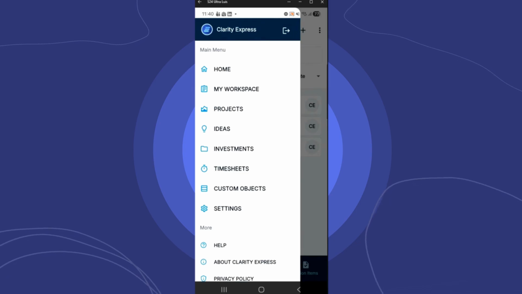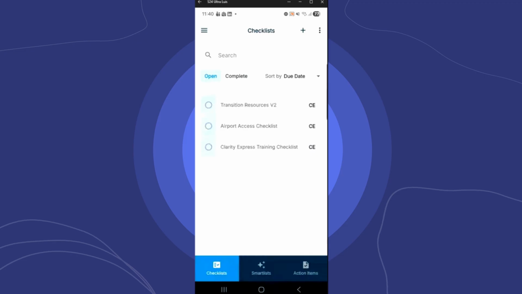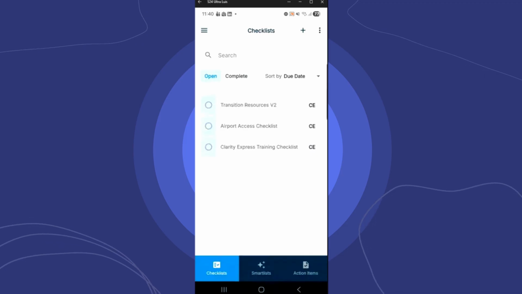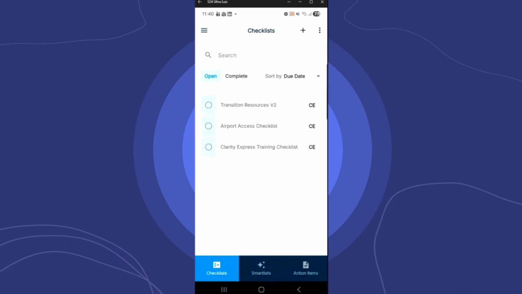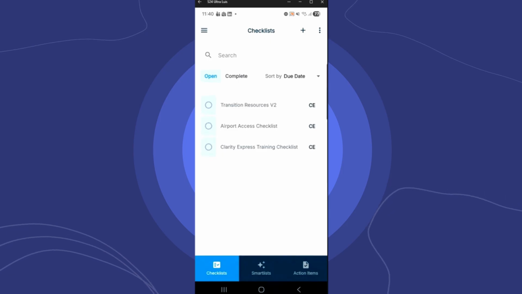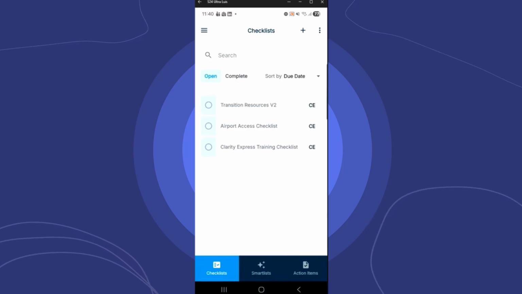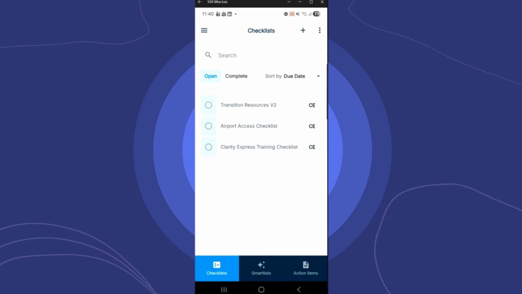Now, starting with My Workspace, it is intended to be a nice landing page, especially if you're using checklists, smart lists, or action items. We're also adding notifications in the next release, and all of them are going to be accessible via the My Workspace section. So starting off left to right, you can see on the lower section that we have our menu